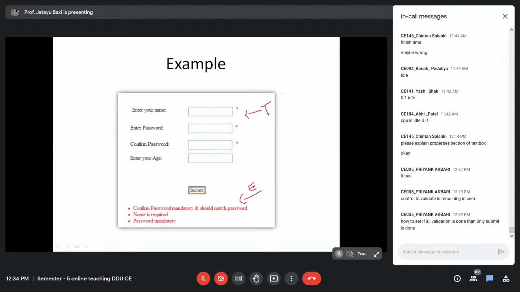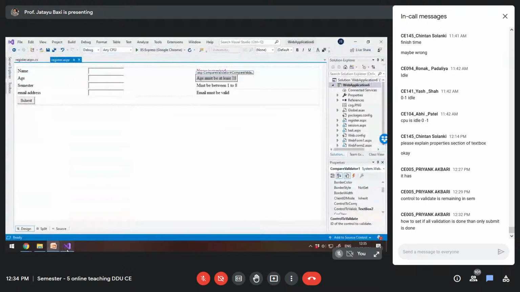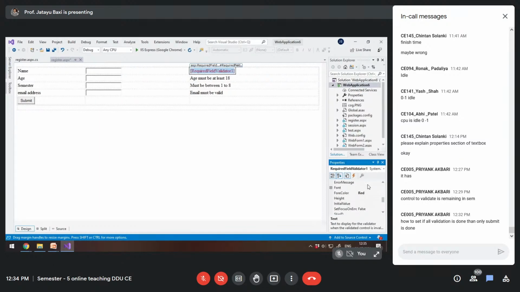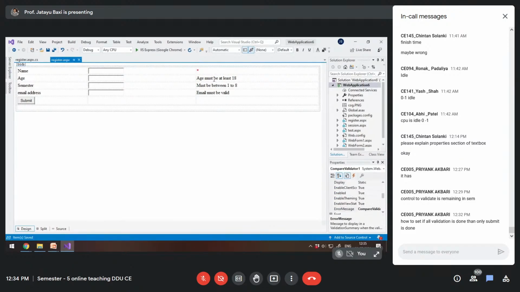So now let's modify our application like this. Let's copy this text property to the error message property. Okay, and in the text property we'll simply write the asterisk sign.